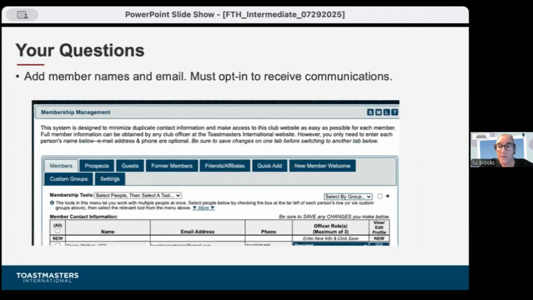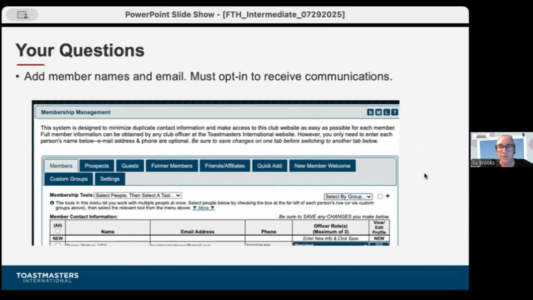Here's your membership management pane where you can add member names and email. However, in order to engage with your site, the members must opt in. Once their name is added, the first row says new, meaning you will be adding a new person in. Their email, phone is optional, but their email is important.